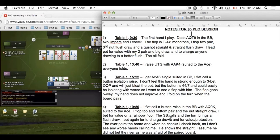I flop top and bottom pair and the nut straight draw. I bet for value on the rainbow flop. I don't think it's a bet for value. I think it's a bet to just take it down. So you could view it as both to bet for value and to bet as a bluff, because